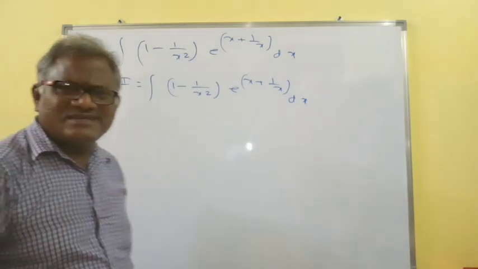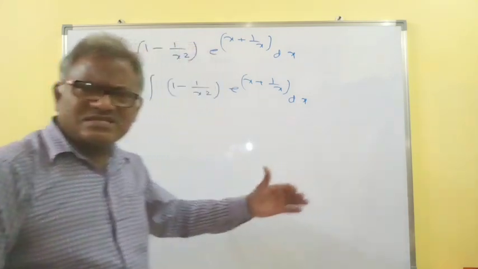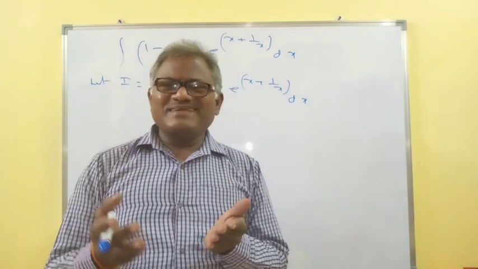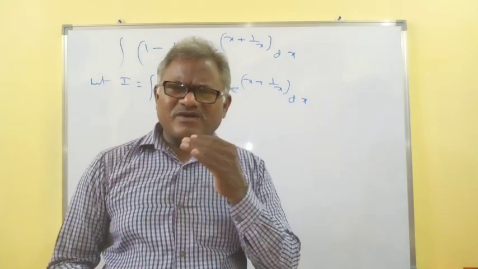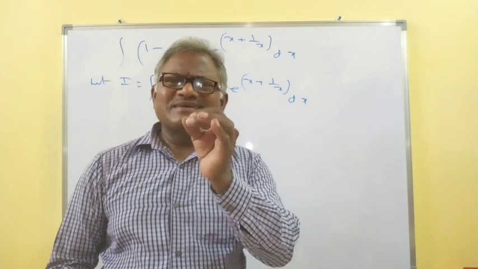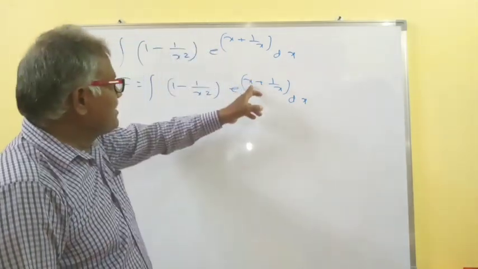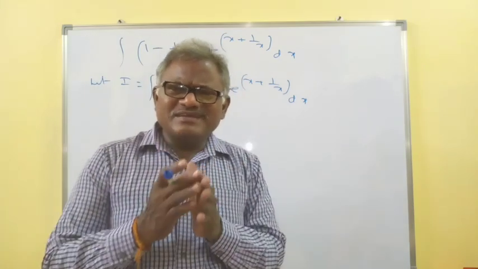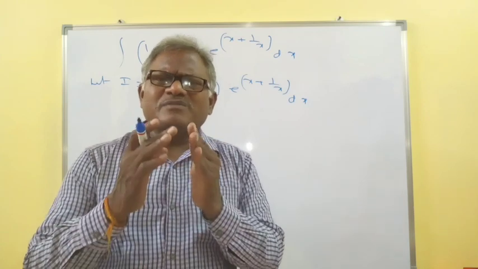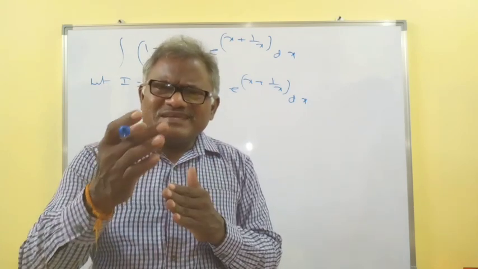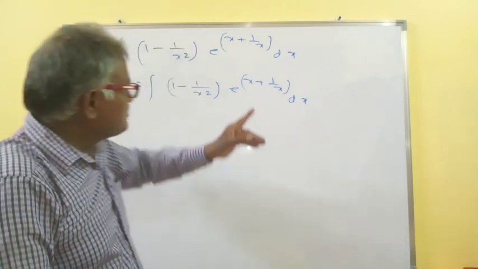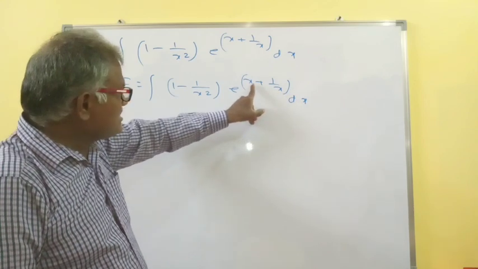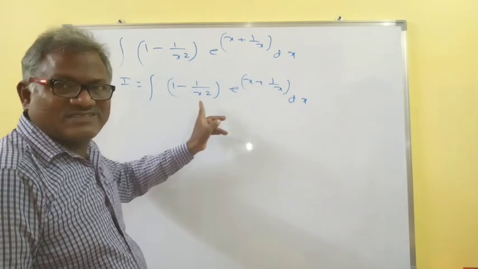Just keenly observe this one. Focus on this problem. We know the formula for e power x only. So in place of x, what is the term? x plus 1 by x. What do we have to do? First of all, think: we know the formula for e power x, and in place of x, x plus 1 by x is there. So it should be put as t. Differentiate this: derivative of x is 1, and of 1 by x is minus 1 by x square.